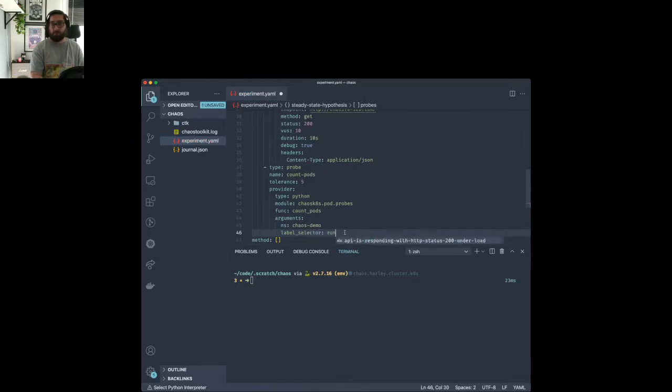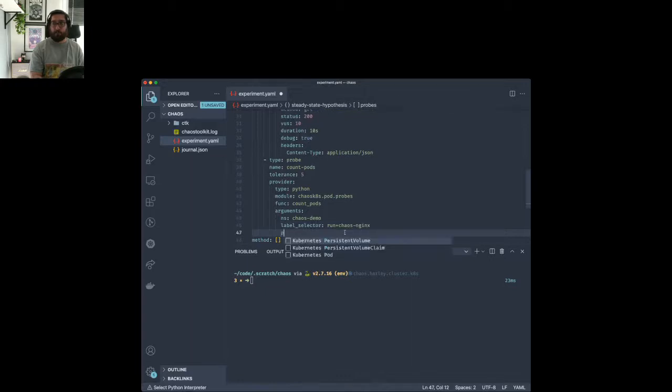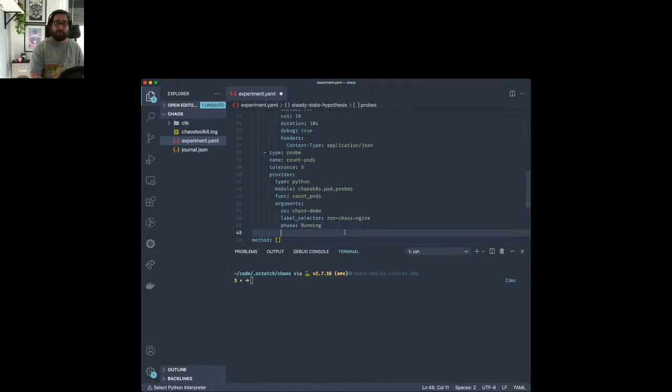And this will be run=chaos-nginx. We want the phase of our pod to be running. So if it's terminating or if it's starting, it should not be considered a valid pod for this experiment. It should be in the phase running. So with that, let's try it once again.